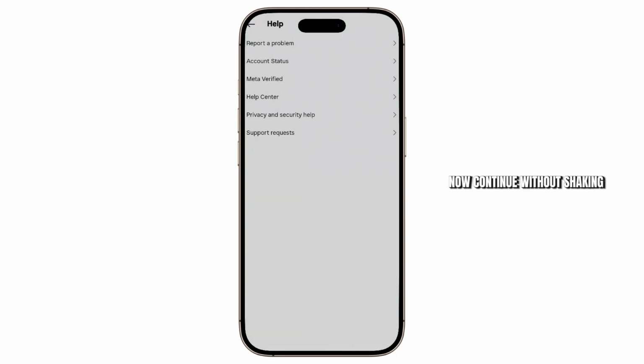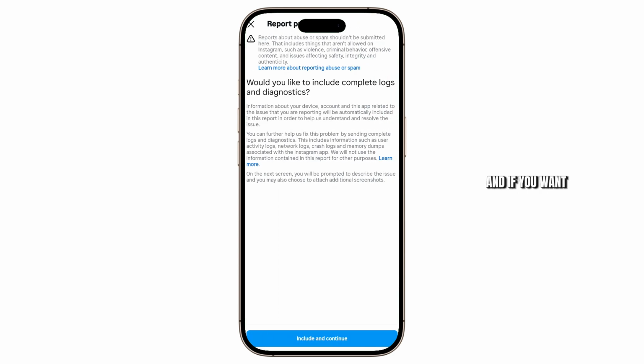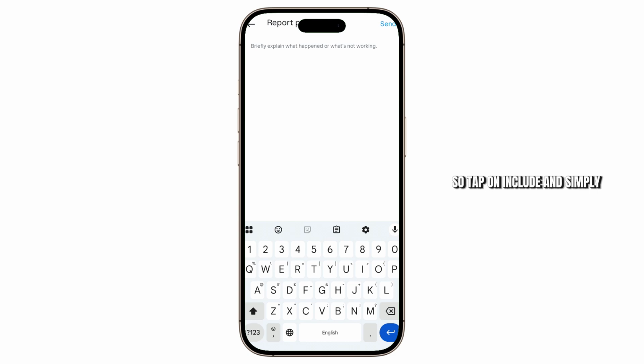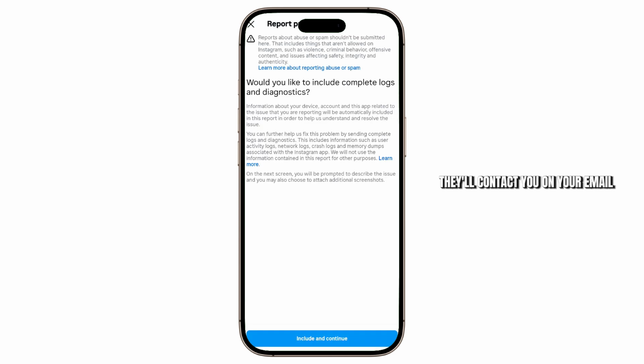Now continue without shaking. And if you want, you could also add diagnostics. So tap on include and simply explain to them that you're not able to switch between your account types and then tap on send. And if they have any solution for you, they'll contact you on your email and you should